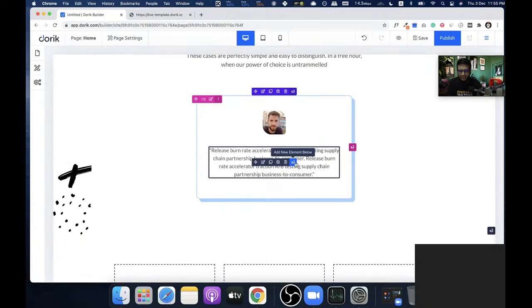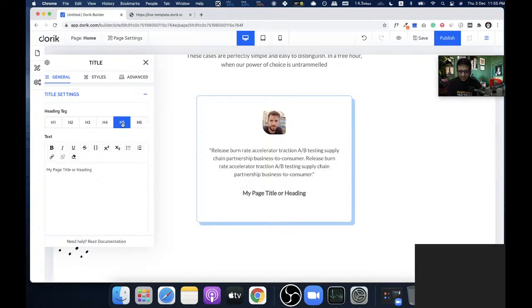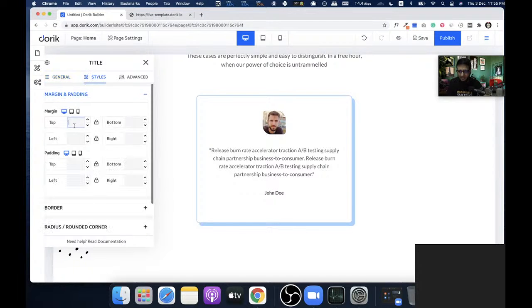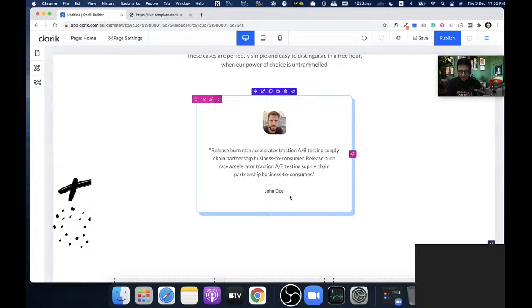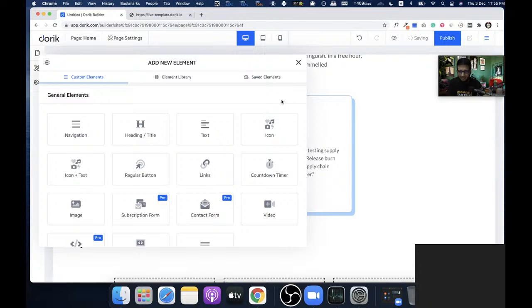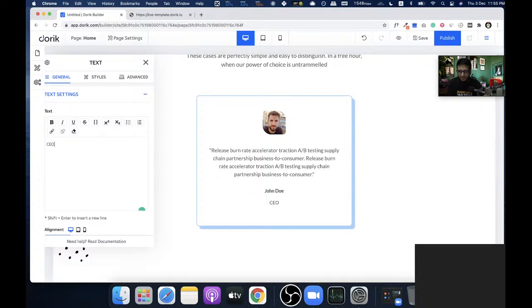And there we are gonna add one more heading at the end, H6 or H5. H6 is good. I'll put a name, John Doe. We are gonna create the gap a little bit less than what we have right now, or 30. I'm gonna keep it bottom 10 pixel. Okay, then add new text. Okay, so CEO at example LLC.